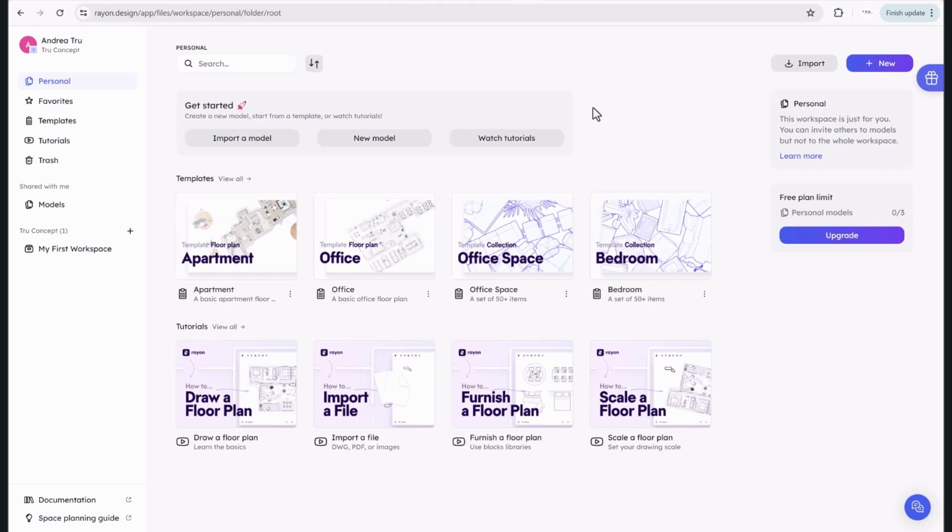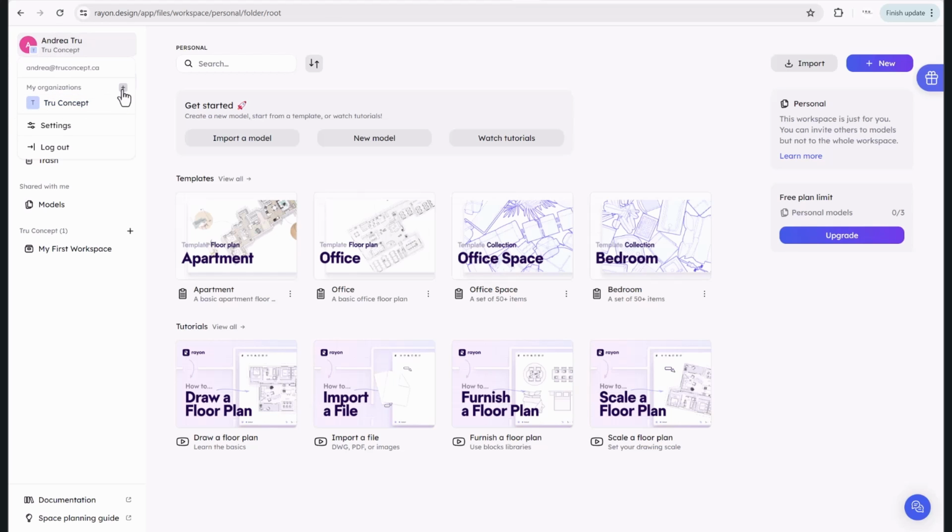Okay, so once you have created an account with Rayon, this is what you will see, and this is the interface in Rayon. So I'm gonna go over all of the things that you can see on your brand new account so that you can start getting familiar with the interface and it is easier for you to get used to Rayon. So the first thing here at the top, you're gonna have your name, and if you have an